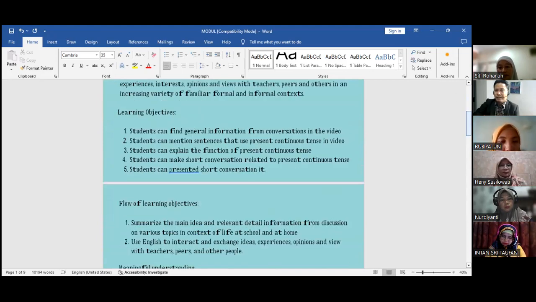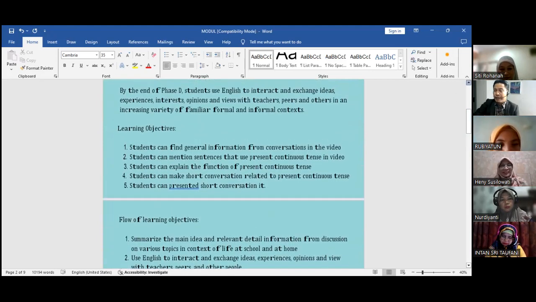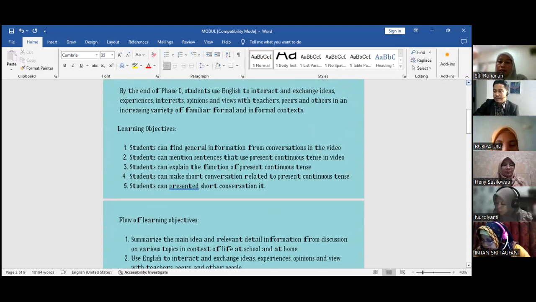Okay, learning outcome. Here, what we call JP in Bahasa. And then learning outcome consists of what kind of skills, what kind of comprehensions that the student is going to have after completing this learning material. And then we have the learning objective. I guess that should be okay for that. For this one, flow of learning objective. Next, next, please. Next.